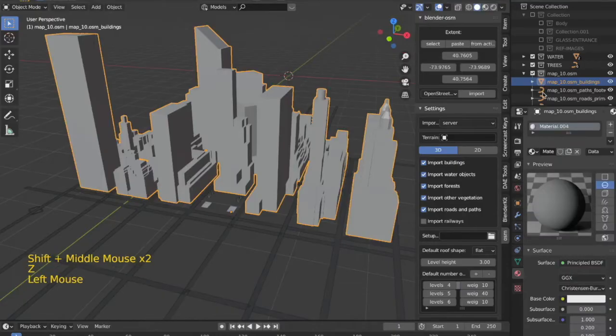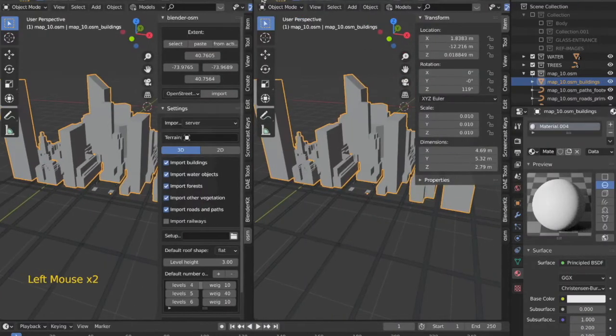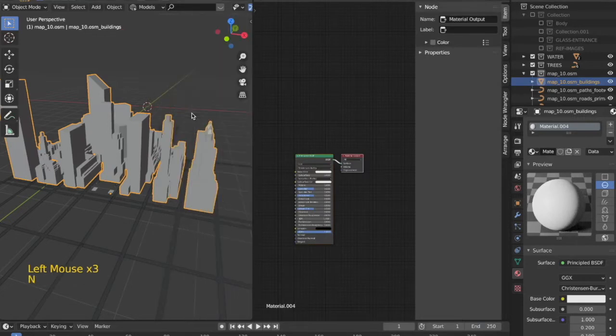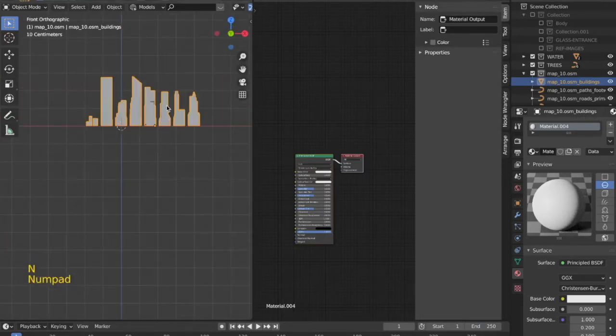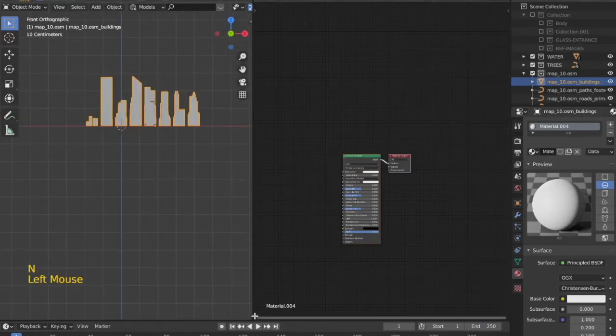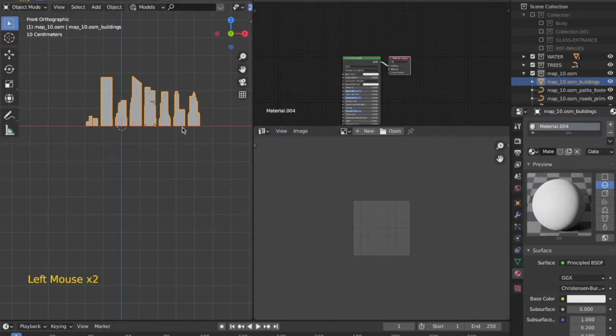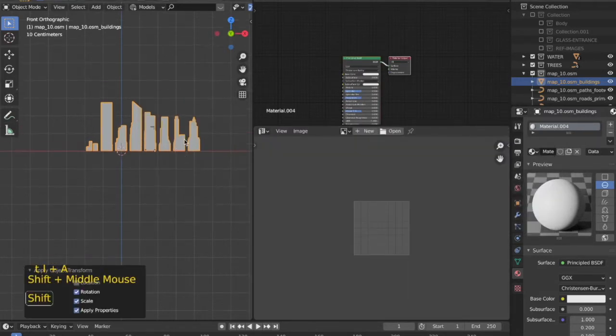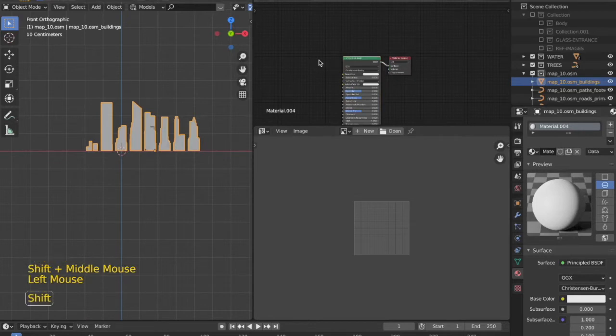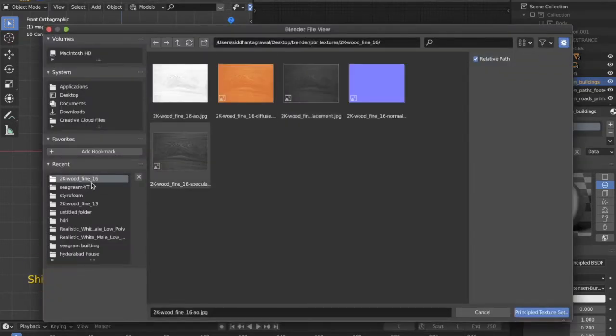The next step is to add materials to the context model that we have made over here. We are going to give it a wood material which I downloaded from the net and I have provided a link in the description below. With the wood material that we are using, we are going to give it a feel as if the context are pieces of wooden blocks arranged surrounding the Seagram building. This will enhance the look even further.